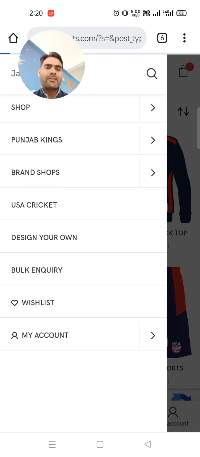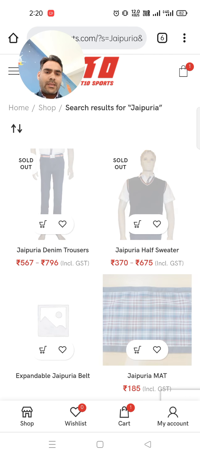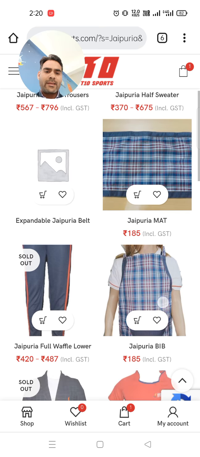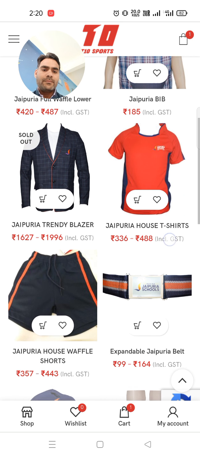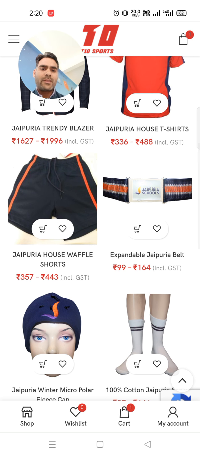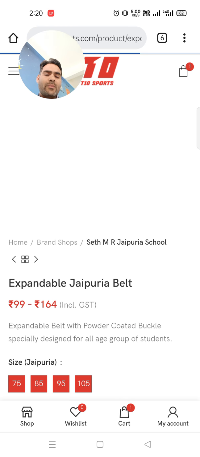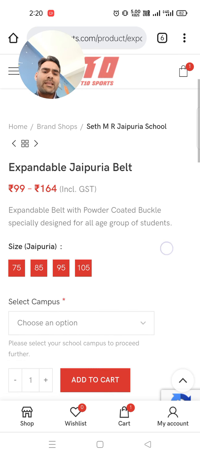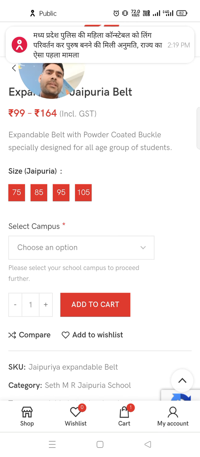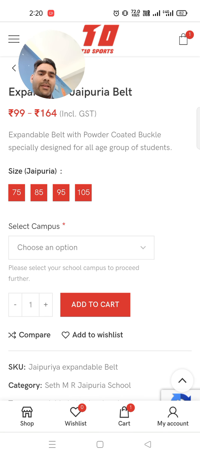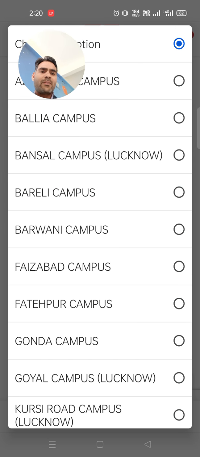Everything for our Jaipuria school comes up, and you can see everything is available. Suppose you want to click on the belt, you can see the range available and how much it costs. Click on the school belt, select the size of your child, and order it, by selecting our Barwani campus.